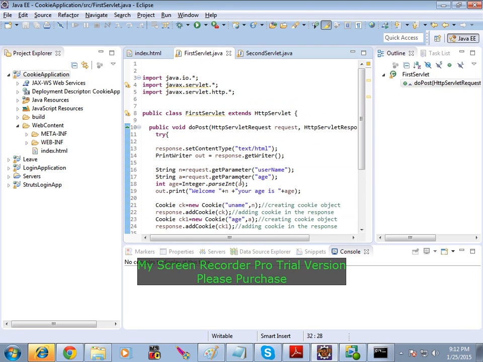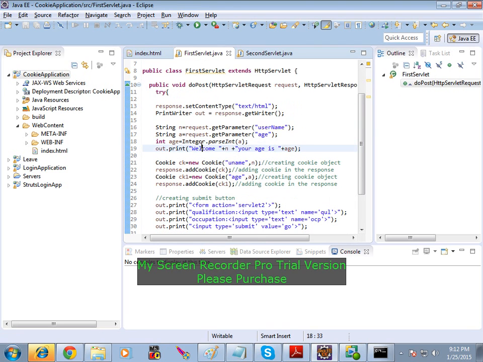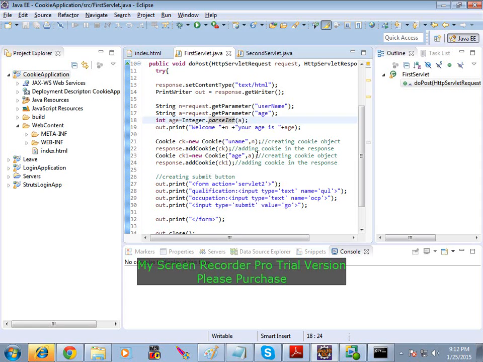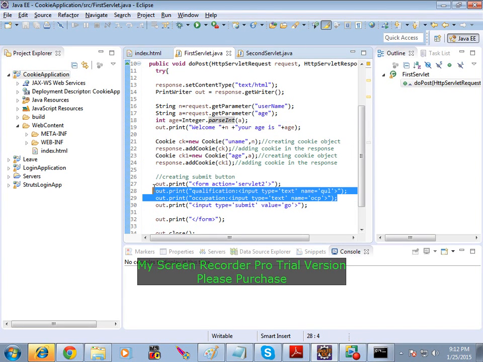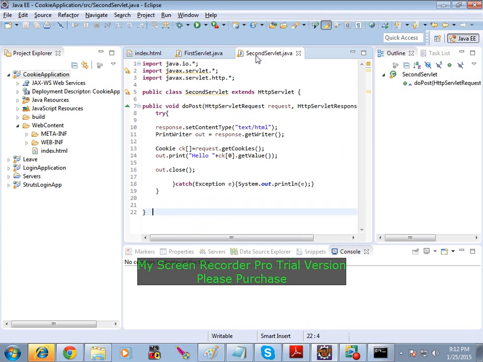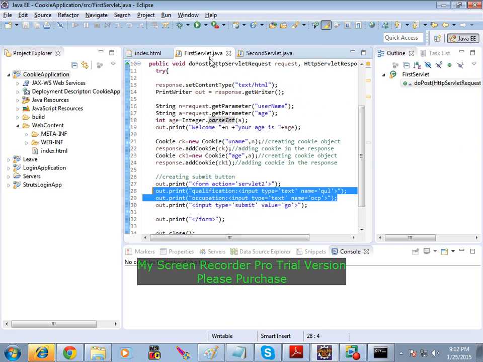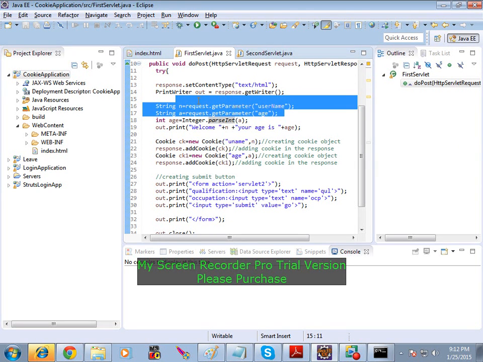Instead of this package, we are having our code, but a lot of changes are required, right? Because I am trying to send two values. What are the two values? You can say these are two cookies, right? And I have to get these values, again these two, yes or no? So again I have to write request.getParameter also. Same thing we are writing here.